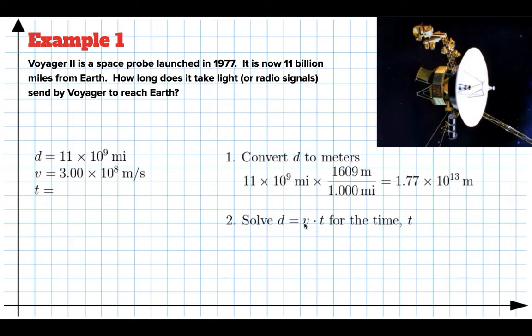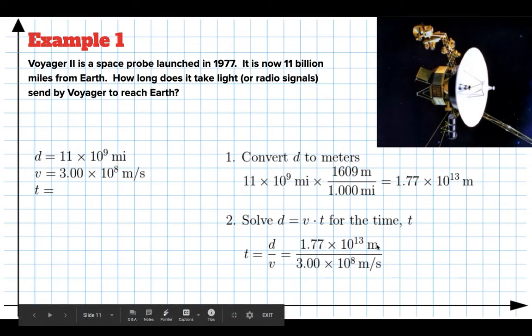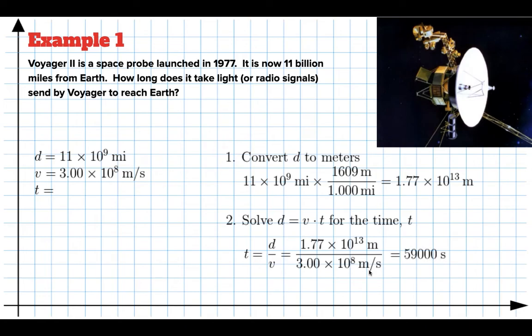We know the velocity is the speed of light, 3.0 times 10 to the 8th. So we take the distance divided by the velocity. This is meters per second, so our answer is going to be in seconds. And it turns out to be 59,000 seconds. So light traveling 186,000 miles every second will take 59,000 seconds to get all the way from Voyager back to